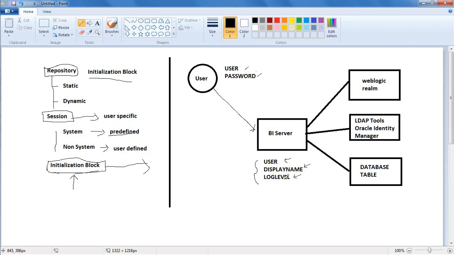It will get assigned. We don't even see that process because that's a built-in process. So what is it that I want to do now? I don't want to go through this process. So whenever a user logs in, what I want is for my initialization block inside the BA server to get executed, and this should go to a database table